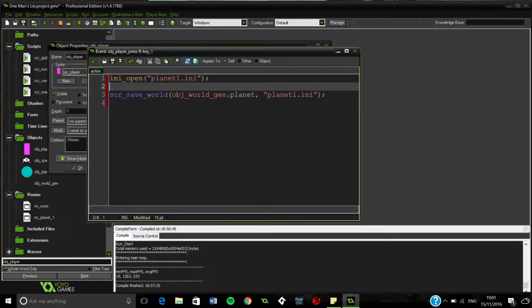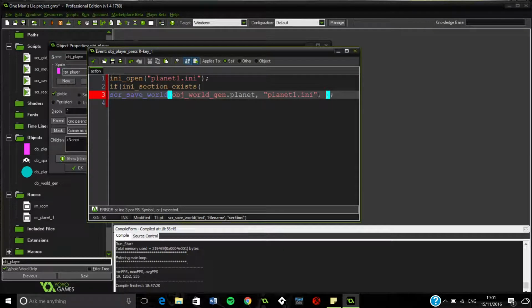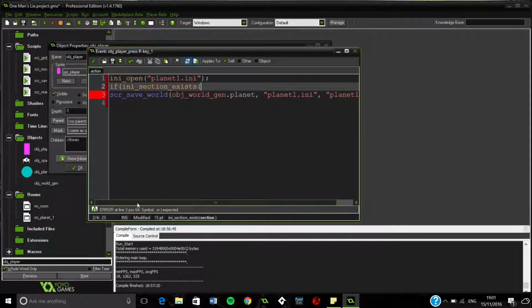Right, and now we want to say if ini section exists, and we need a section. We need another thing in here, don't we? So what section are we going to save it in? Planet 1. So if section exists planet 1,